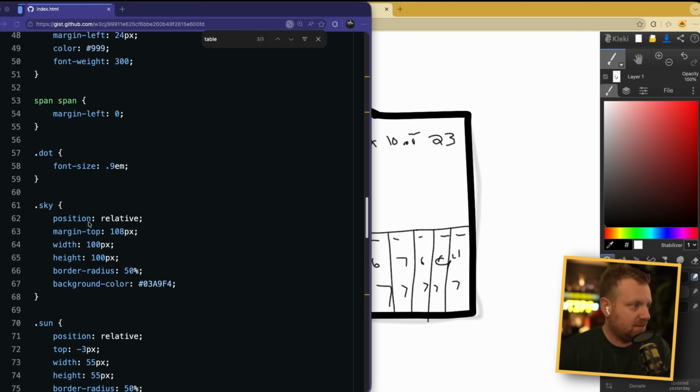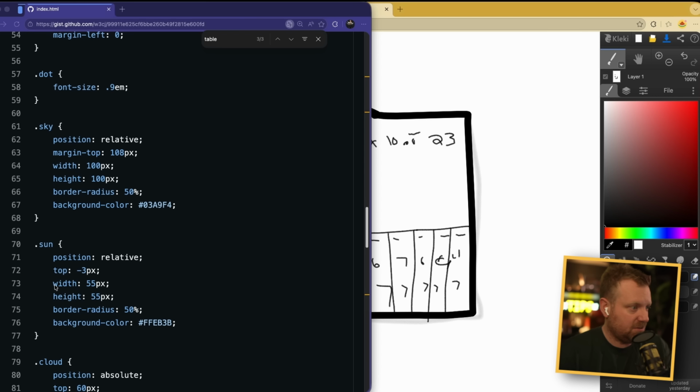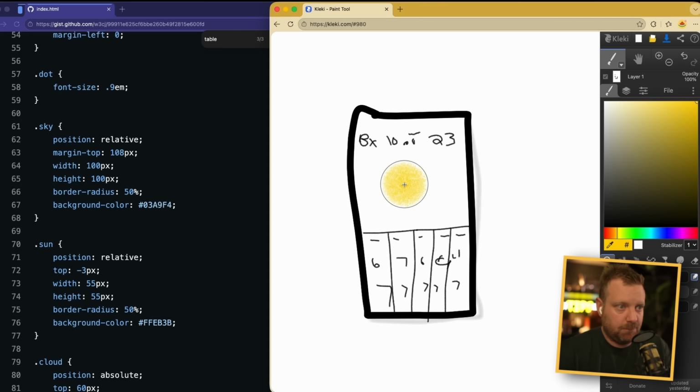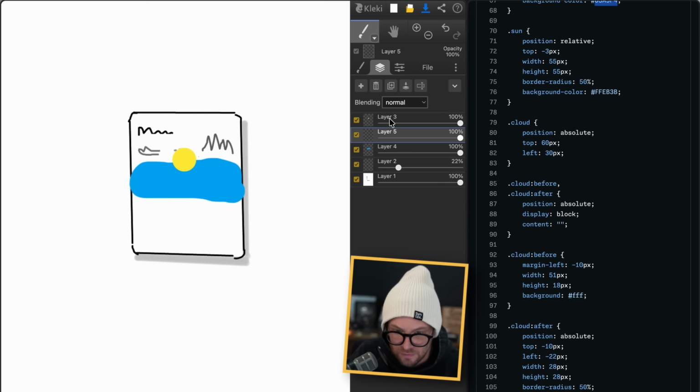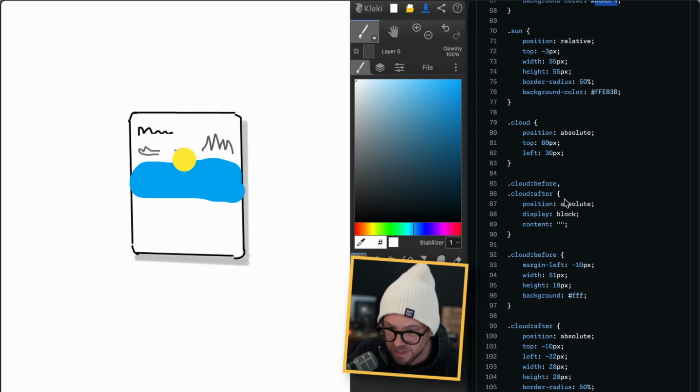So we have a sun, which is 55 by 55 with a yellow background. Okay. Boom. Oh, no, I don't want it scattered. Oh, that's why I'm on the wrong. Boop. Okay, there's my sun. So that's curious. That leads me to think I'm missing something. But if they are height of 18 pixels and their margin left of -10, their position top 30 pixels, and